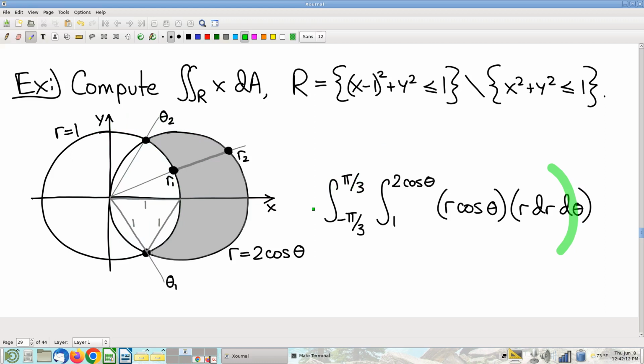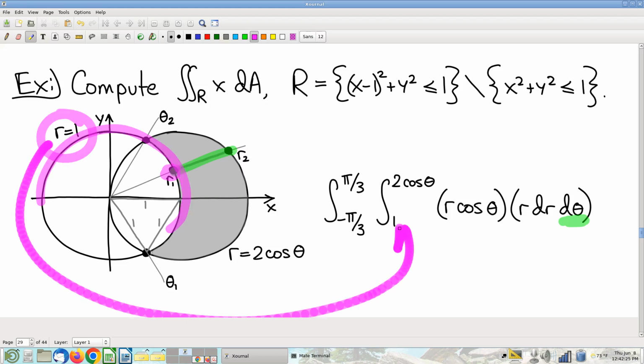Okay, then for a given value of theta, fixing theta now. Where does R start? Where does R end? Well, R starts at that point, which is on that curve, which has that equation, which puts my starting value of R as 1. My ending value of R,